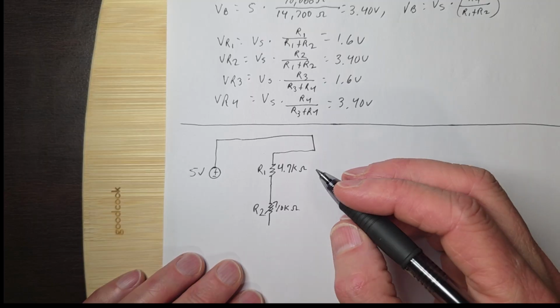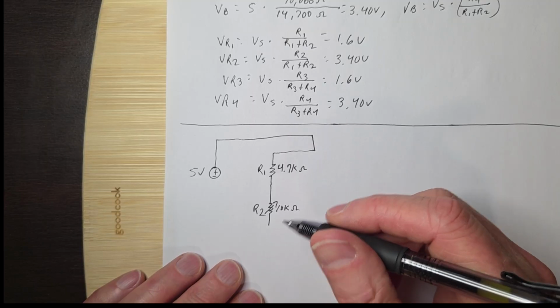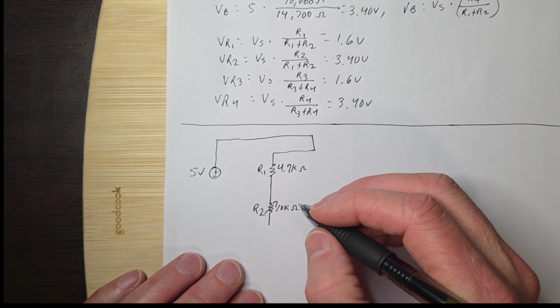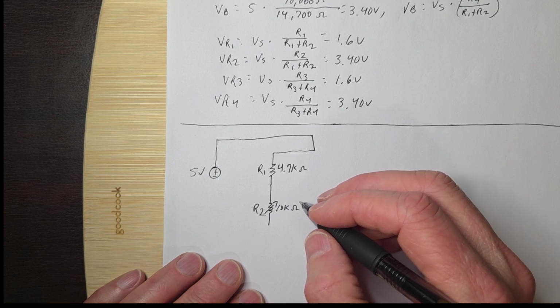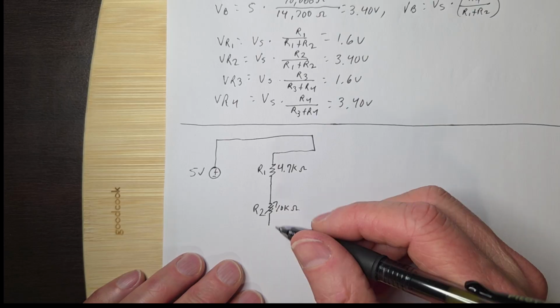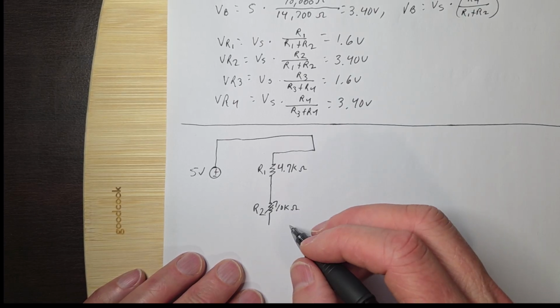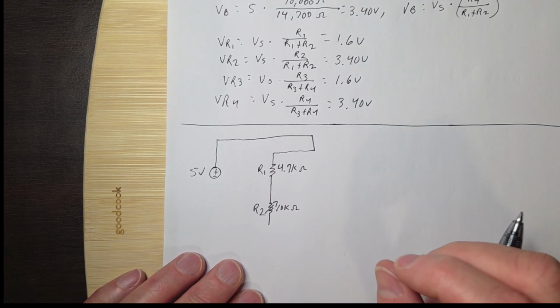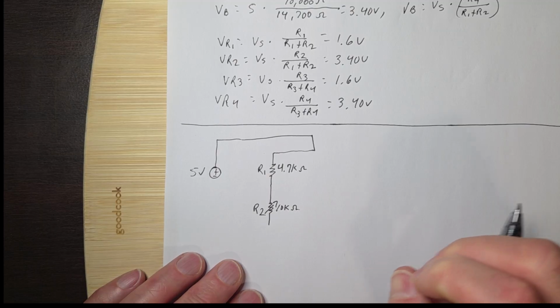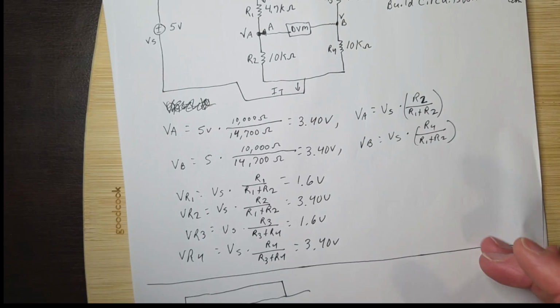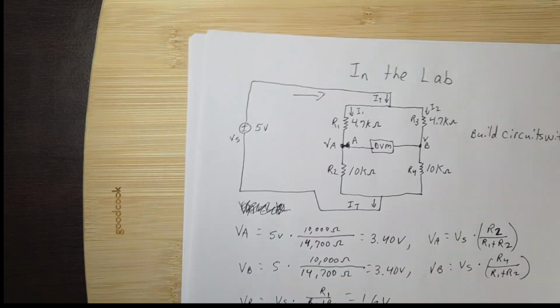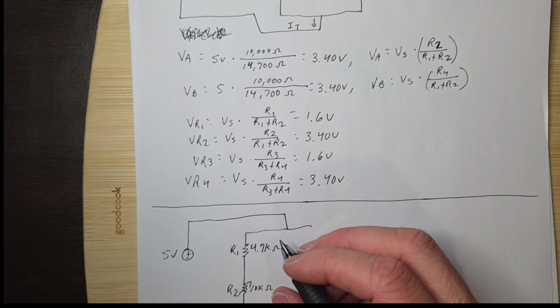And I'm going to do a little bit of a trick here, because I only had a 10K ohm potentiometer to work with, and so we're going to use a thermistor in the lab, and we had to do a little bit of a different thing. But anyway, for these numbers up here, we're going to use that. So we're going to use a 10K ohm